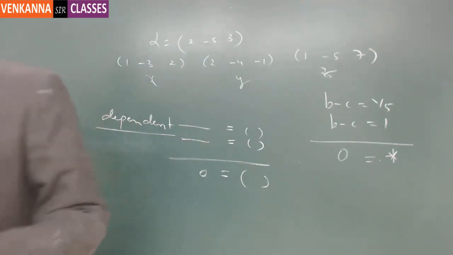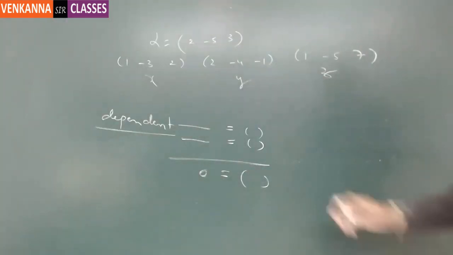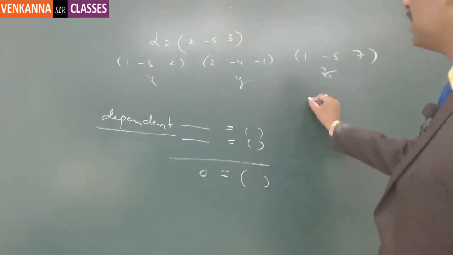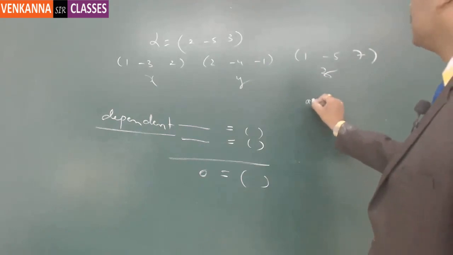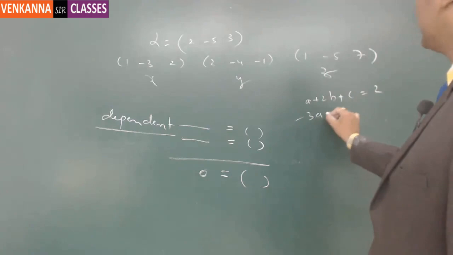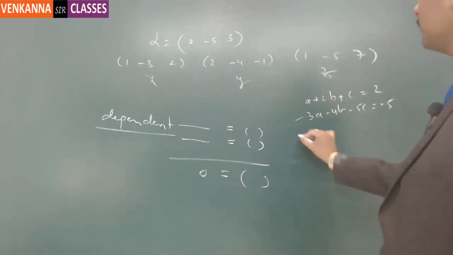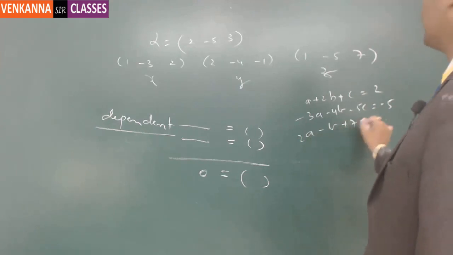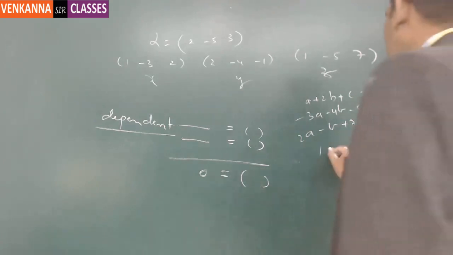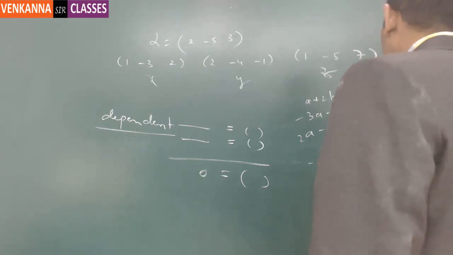That's it. So you can do it the other way, that you can represent the whole thing in a matrix form. The equations are nothing but, let me say, a plus 2b plus c is equal to 2, minus 3a minus 4b minus 5c is equal to minus 5, 2a minus b plus 7c is equal to 3. So if you write the respective matrix system, 1, 2, 1, minus 3, minus 4, minus 5, 2, minus 1, 7,